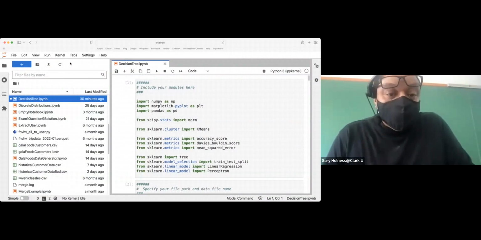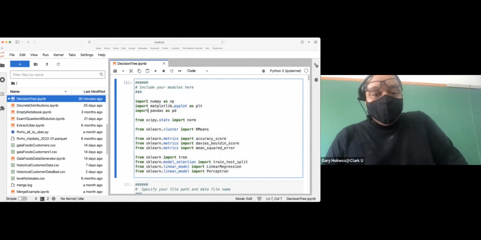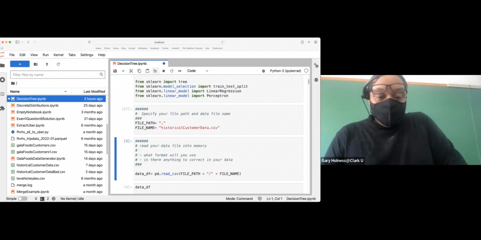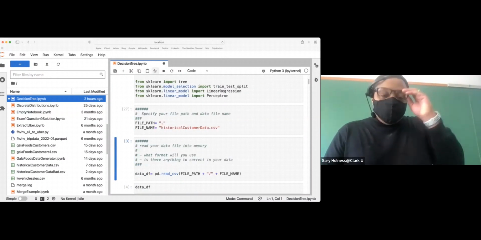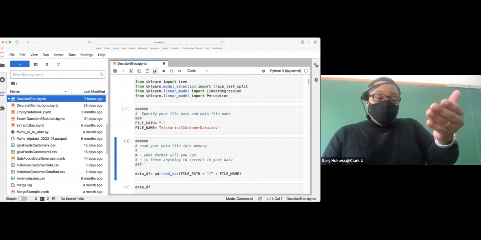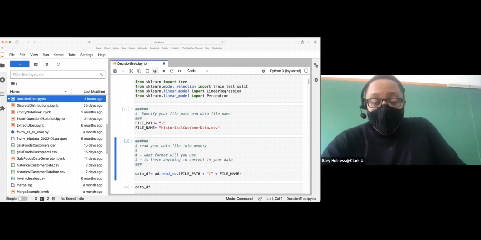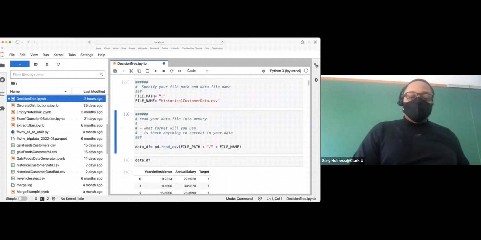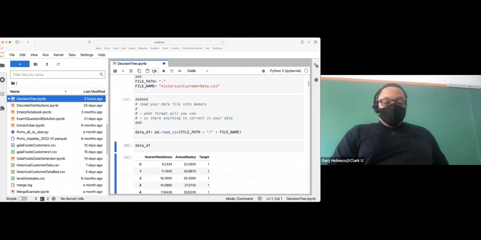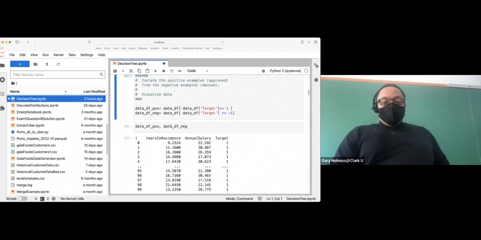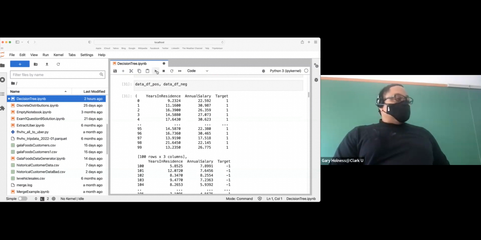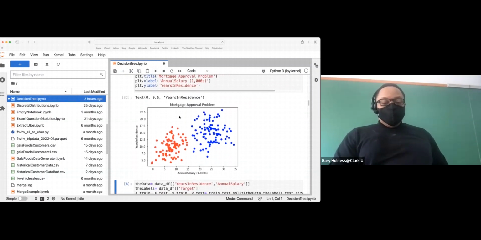So let me bring that up. In this data set, I've done two clusterings. One is a clustering of our mortgage approval problem in its original partitioning. That's in two groups, approval or denial. I partition the data set based on the ground truth target function, the supervised learning problem.